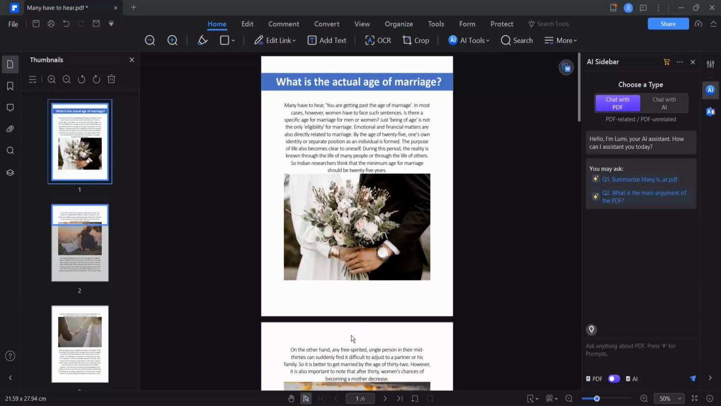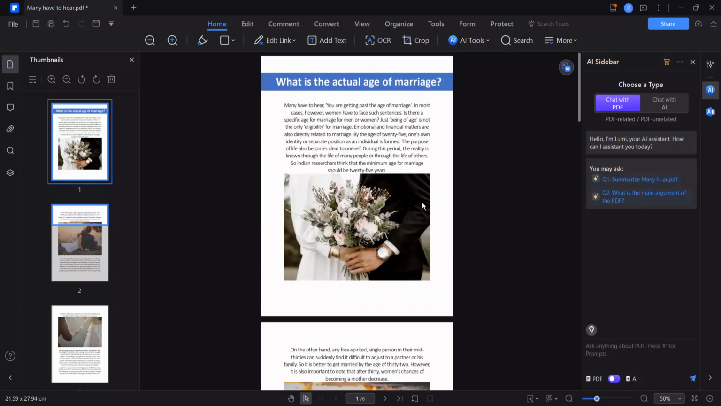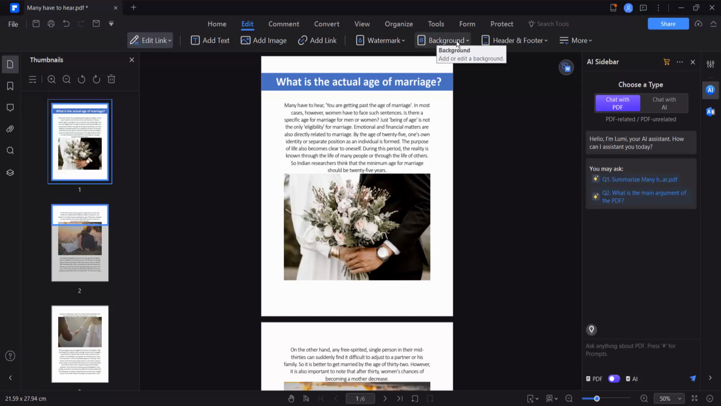Hello everyone, today I will show you how to insert a transparent background color to a PDF file using PDF element. Open your PDF file. Now select edit option. Here you will find this background option. Click here and select add background